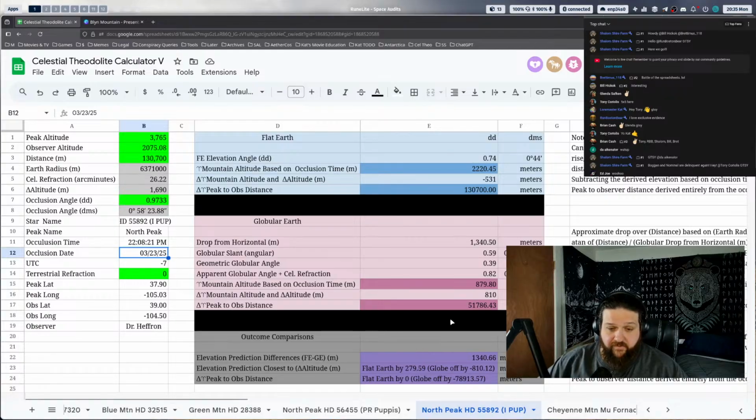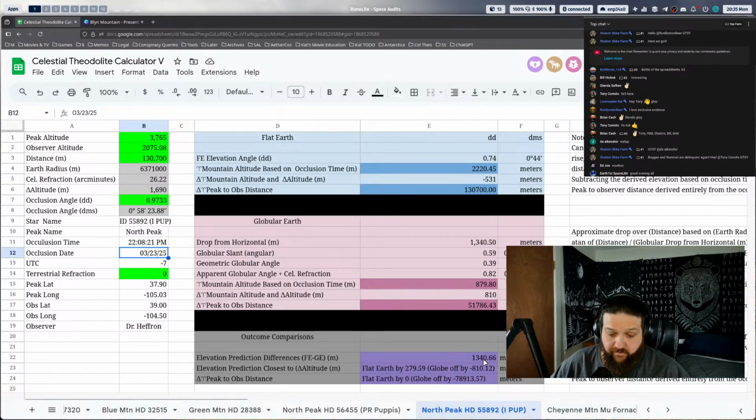It doesn't give concave results. It gives mutually exclusive results based off of a triangle that's based off of occlusion timing using the location of a star, using the system where they have the positions of the stars based off of a snapshot in time and then moving them at 15 degrees per hour. So this is the only time anyone's ever used the quote unquote true position of a star for anything. No one's ever used it for anything except for us. And when we do it, we can show that the Earth is measuring flat with respect to the stars.